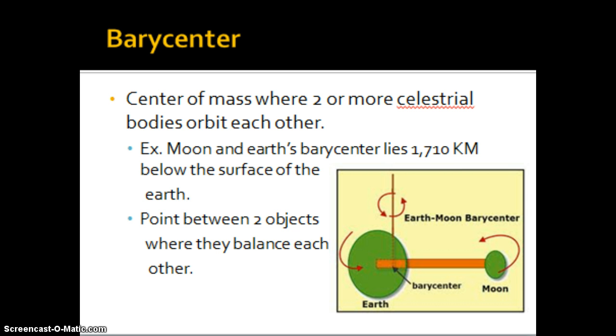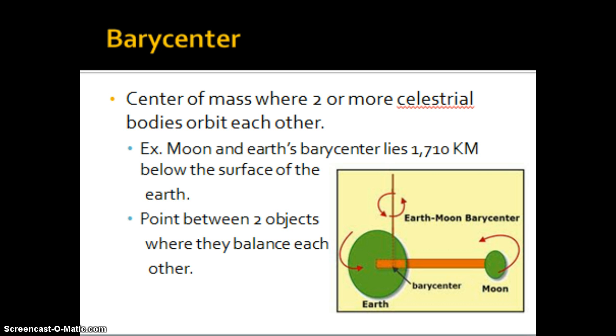in order to balance out that teeter-totter so it doesn't sink down to the side of the two people, you would have to move that pivotal point from the middle in one direction or the other. In this case, you would have to move it to the side of the two people because that is where most of the weight is concentrated. When we talk about the Earth and the Moon, for example, the barycenter, or the balancing point between the Earth and the Moon, lies about 1,700 kilometers below Earth's surface.